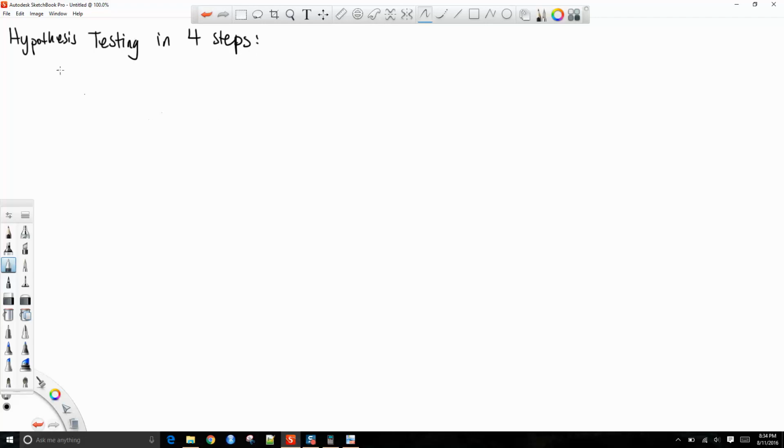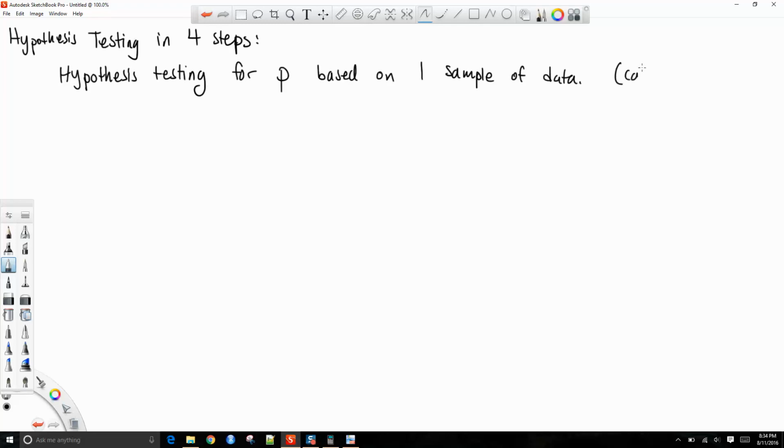And so specifically here, I'm going to outline hypothesis testing for P based on one sample of data, okay? The fact that we have P for proportions, what kind of data are we dealing with? Categorical variables, okay? Okay, so step 1